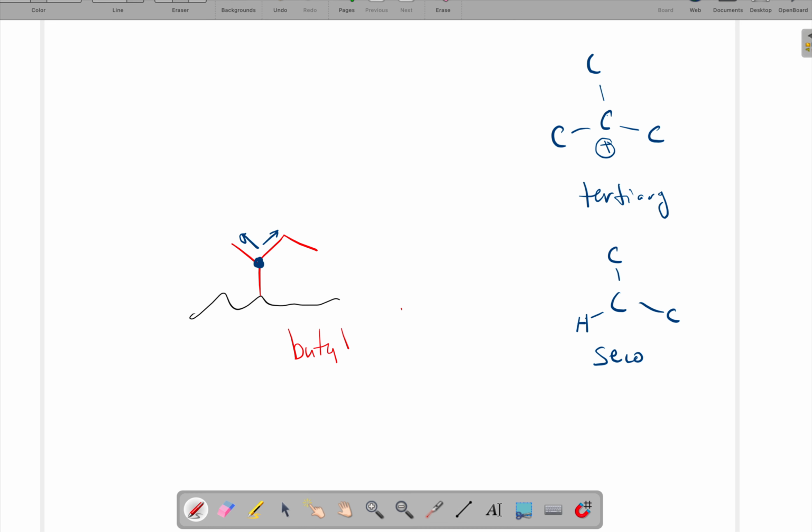as secondary. What do you think this last one might be? Primary. What are we counting out? The amount of carbons connected. So primary 1, secondary 2, tertiary 3. So when we go back to this naming system here, we looked at our carbon where our butyl chain was connected, and it's connected at a carbon that would give me a secondary carbon,